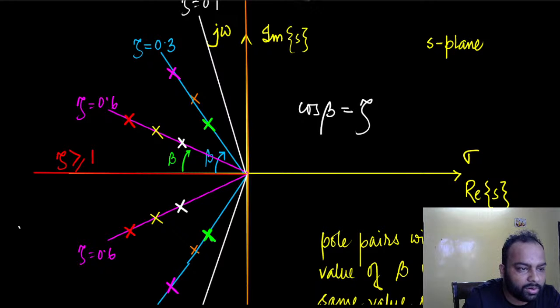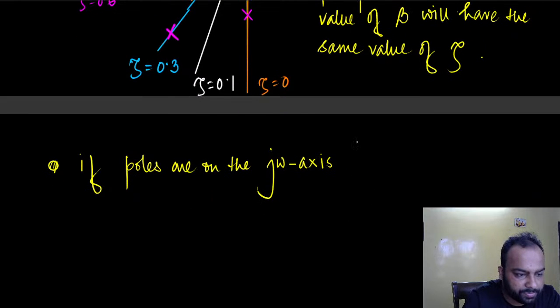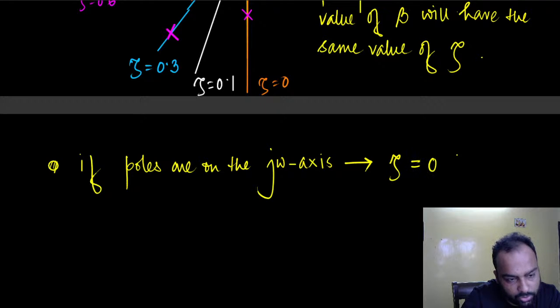So let's draw a few examples. If I have poles here and here, they are denoting zeta equal to 0. If I have poles here and here, those are all zeta equal to 0, right? So if the poles are on the j omega axis, it denotes zeta equal to 0. So undamped system,